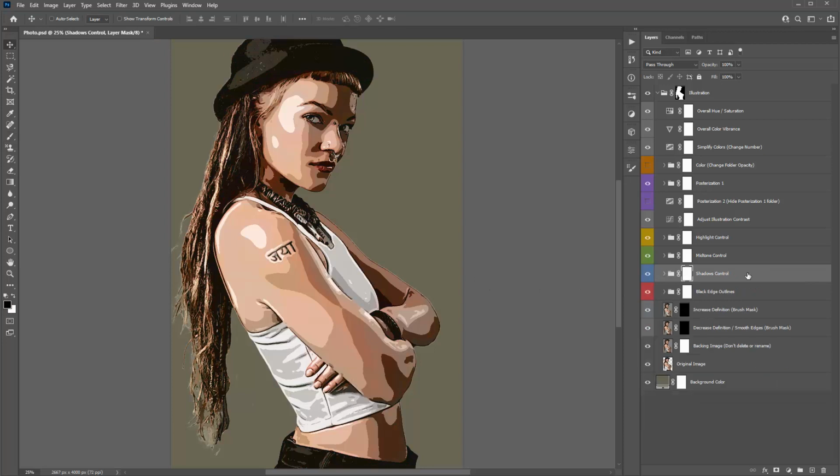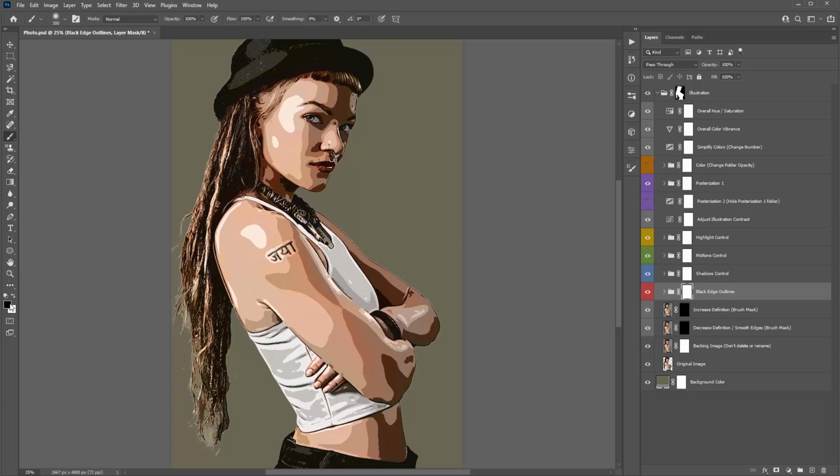Okay. All right, the next folder down is the black edge outline. So if I turn this folder on and off, you can see that they are the lines running around areas of definition in your illustration. Now, what I like to do first off is if there are any black lines interfering with, say you have a more distant person in your illustration, and there might be some black lines over areas of their eyes or nose or mouth that you want to get rid of, just select the mask and hit B,